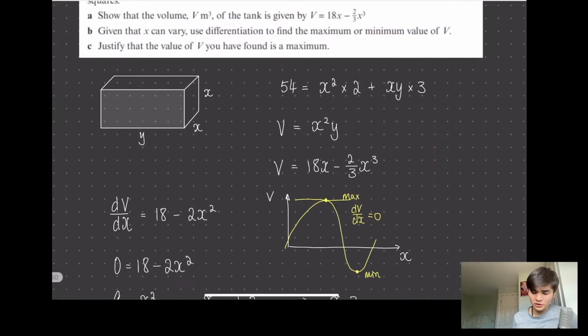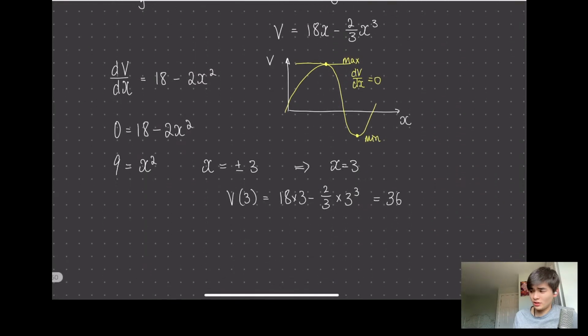All right, and how do we justify that something's a maximum? Well, there's a couple of ways to do this. We can test the gradient either side, or we could do the second order derivative. If the second order derivative, which would be d squared v/dx squared, at a maximum point, we can see that the gradient is getting lower and lower, so this would be negative. And if it's greater than 0, we know we would be at a minimum. So we can do that second order derivative,